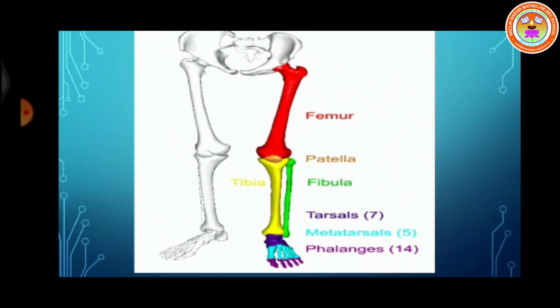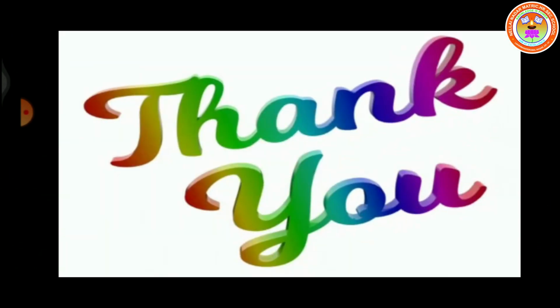Next class we will see about the muscles. I hope you have understood well. In this session we discussed parts of the skeleton. The two parts are axial skeleton and appendicular skeleton. Axial skeleton consists of skull, vertebral column, ribs and sternum. Sternum is the front bone, and then the appendicular skeleton consists of pectoral girdle, pelvic girdle, arm bone and leg bones. Okay, thank you.